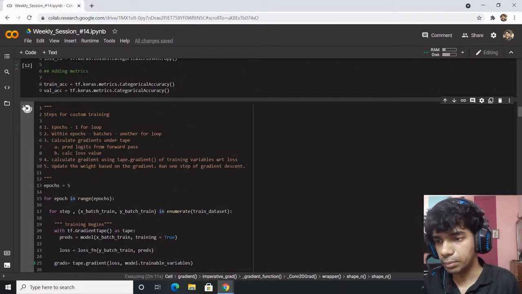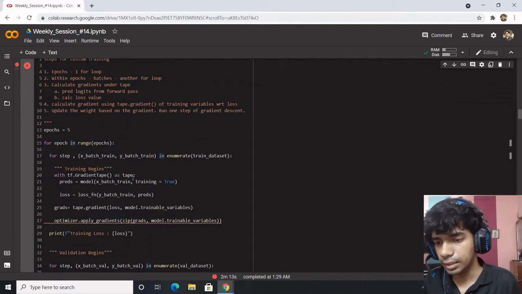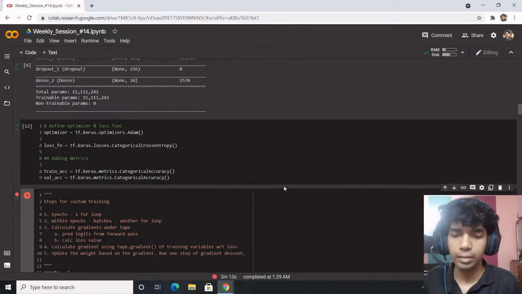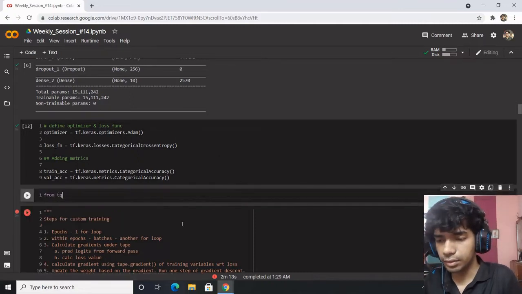So let's make it a bit more similar to what we see in our regular training. From tqdm import tqdm.